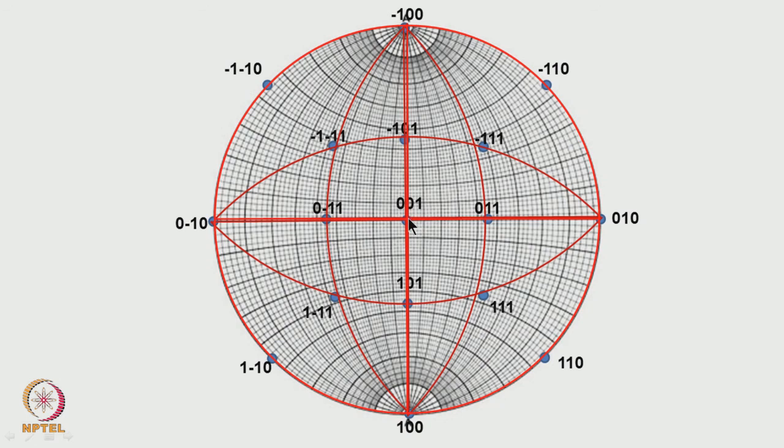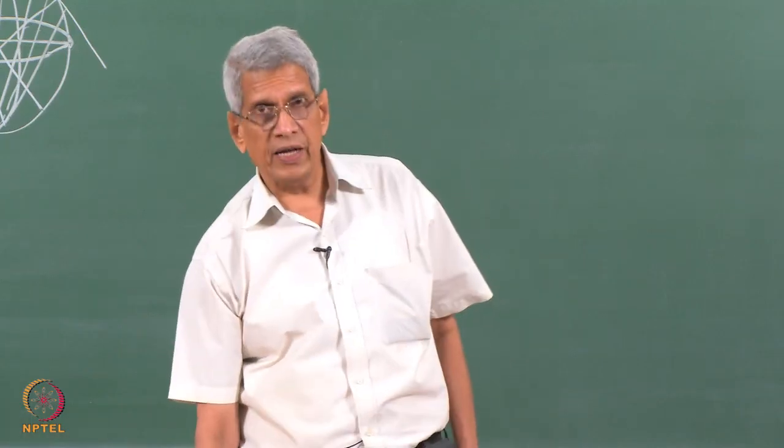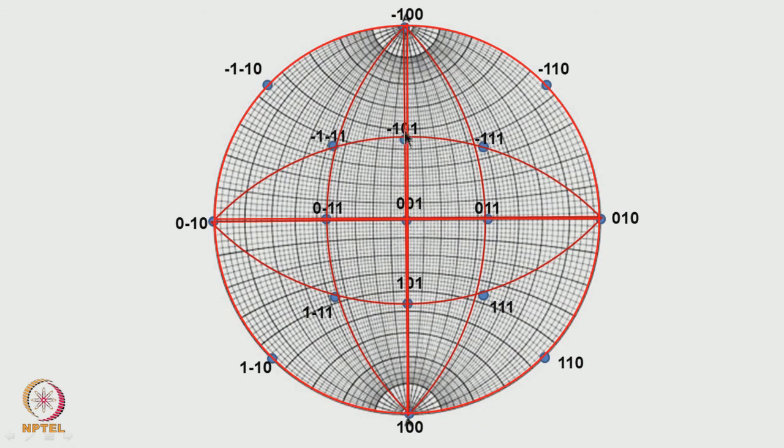That is what has been done on the Wulff net. Now, we have to use what we learned in the last class. If you want to measure an angle between two poles, those poles should be lying either on a latitude or on a longitude. Here these are lying on a latitude, so we can directly measure the angle, which is 45 degrees from 001 to 011. Similarly, from here to 101, this is 45 degrees. Then from here to here, we can directly measure along the circumference; this is another 45 degrees, and from 010 to 110, this is 45 degrees.